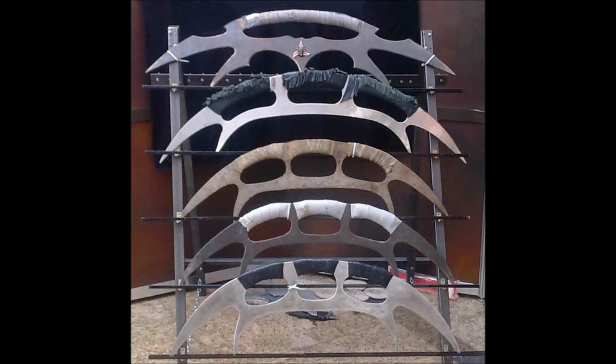However, if you're actually going to be in combat with a bat'leth, how would you go about using it? The way I would think that you would go about using it certainly would not be the same way you would use, let's say, a long sword or a type of polearm, since the shape of the weapon is completely different, which means the technique that you're going to use is also going to be completely different. As an expert martial artist myself, I decided to actually think about this and think about some ways that such a weapon could actually be used more effectively than just swinging it around. And that is, of course,